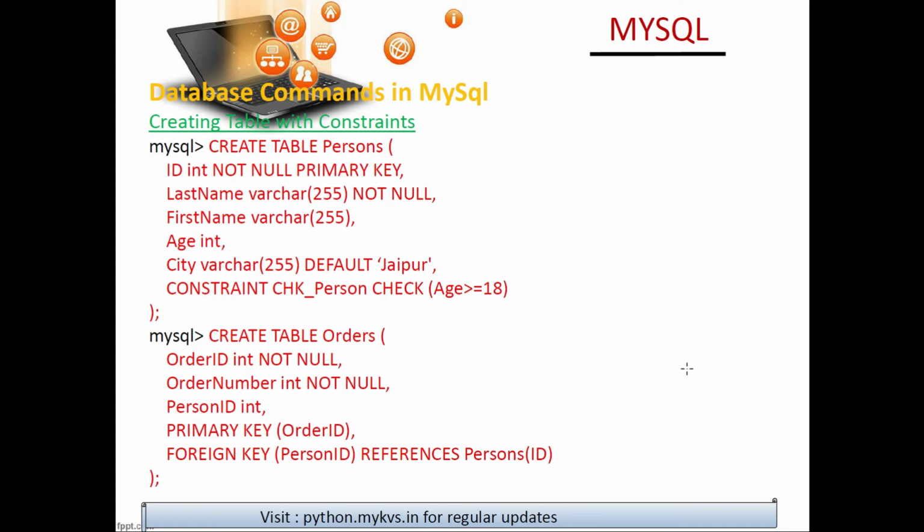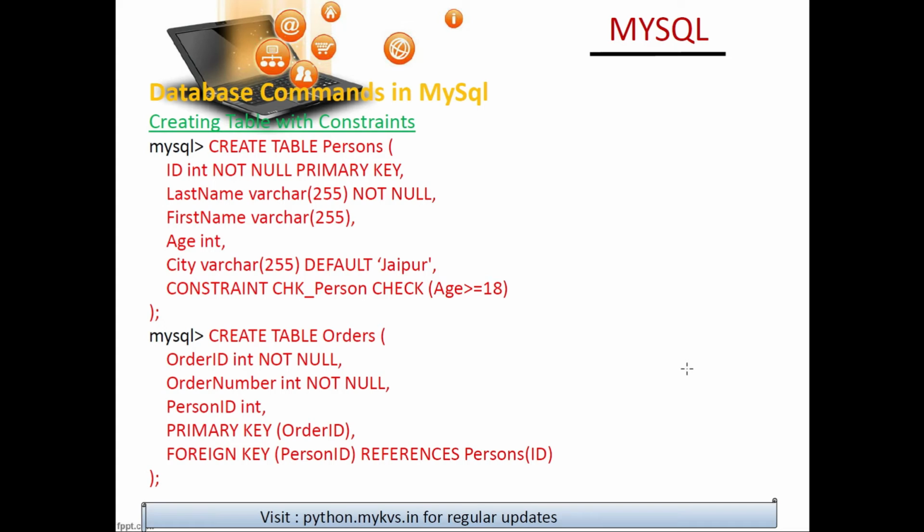It depends upon you where you want to give the not null. Sometimes some people keep the city nullable and afterwards they just update it. That is also there. First name and last name are a very important criteria, that's why not null might have been kept. And then city varchar 255 and then the default value has been taken as Jaipur. So what is happening? If no value has been given, then Jaipur will be set over there.